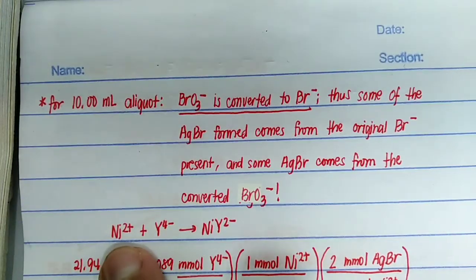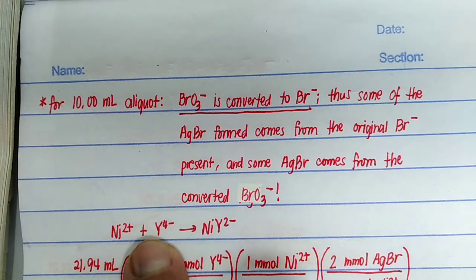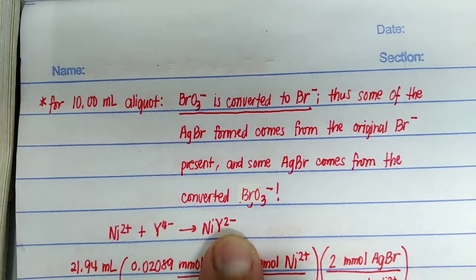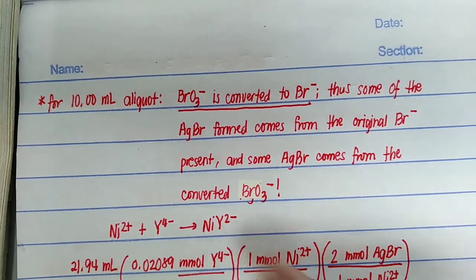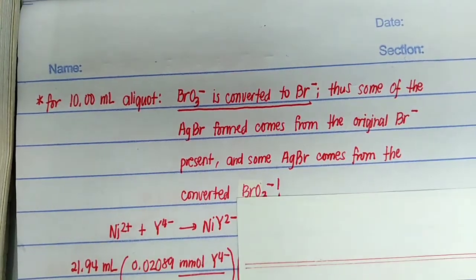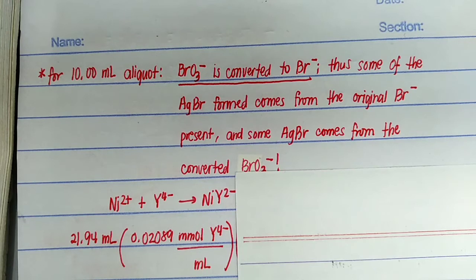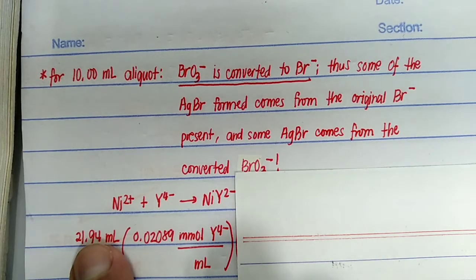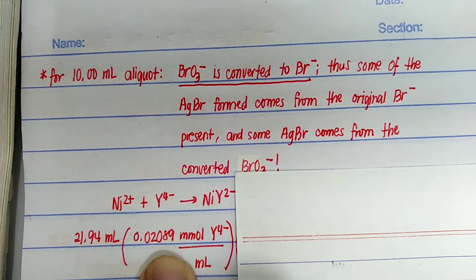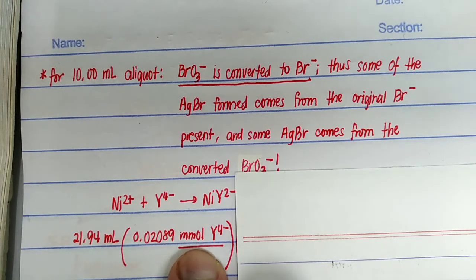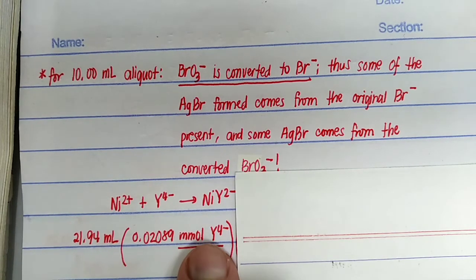Again, the same equation that we had earlier for the titration of the nickel is useful in here. We start off with our very useful pair of information. The volume multiplied by the concentration will always give us the number of moles of whatever that particular reagent is, which is very